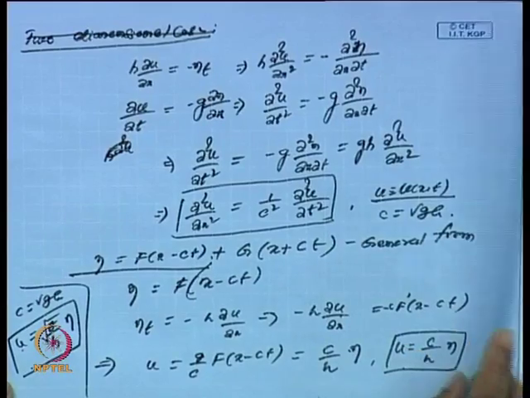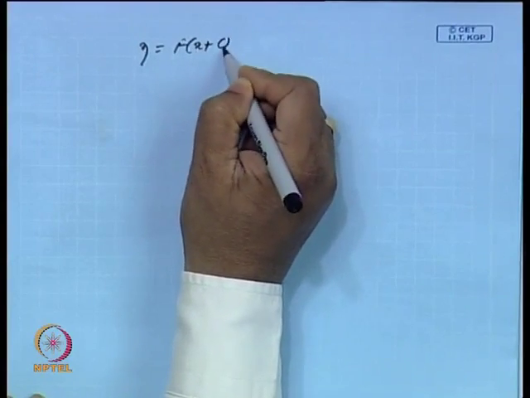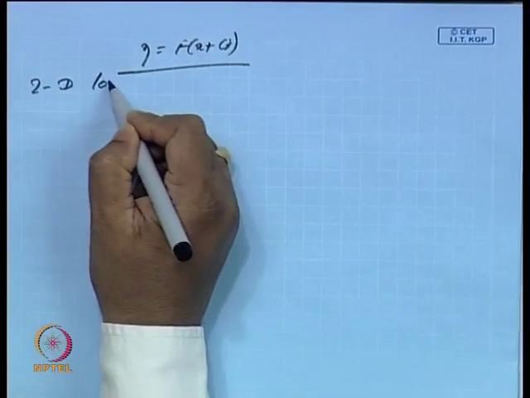So, that is another observation. In a similar manner, we can also get some of the results in the case of a finite depth, when you consider f is equal to g is equal to u, or eta is equal to f of x plus ct, and that solution will go on. Now, the question comes, what will happen in the case of a 2-dimensional, 2D long wave?